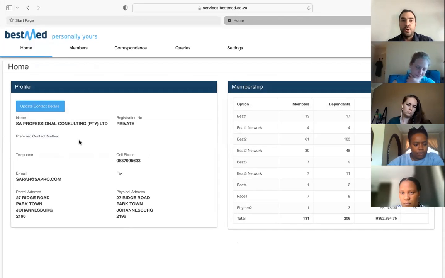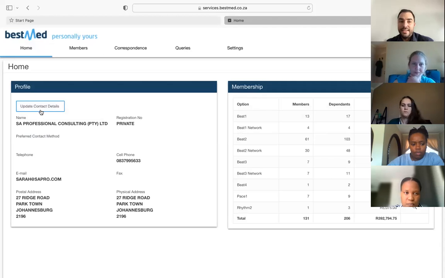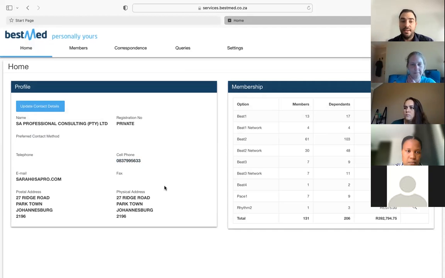All right, so the first thing you'll see here is the information that they've got on record of SAPRO. We did try here to update it, but we can't update all of the details. I think it was only the email or the cell phone that we can change, and that's what the issue was with the OTP. So we can get that to be corrected, but we'll have to put in a specific